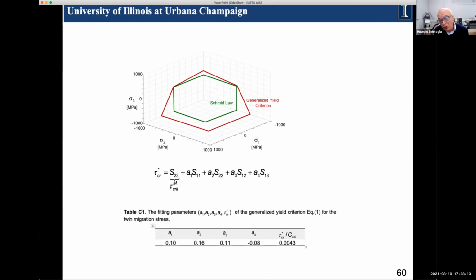Now, at this point, we should point out that when we have these multiple systems interacting, initial onset of yield can obey Schmidt law, of course, but subsequent flow does not satisfy Schmidt law, because it depends on the reactions, and it depends on the stress state component. So the classical description, tau critical, is equal to some characteristic number. But S11, S22, S12 are the other stress components, which are non-Schmidt components. So we determine these numbers.